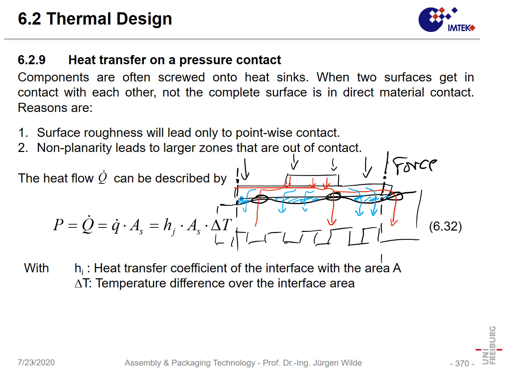What is better? Have a flatter surface. So again, like in convection, we can see the power which is dissipated is proportional to the area, proportional to the delta T,